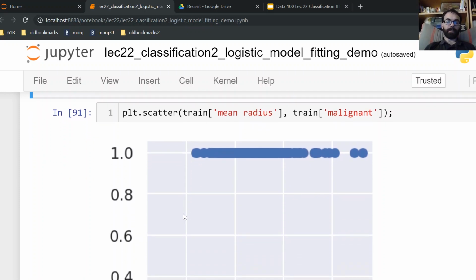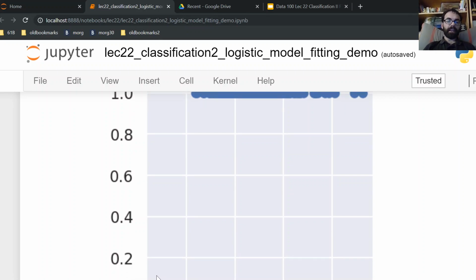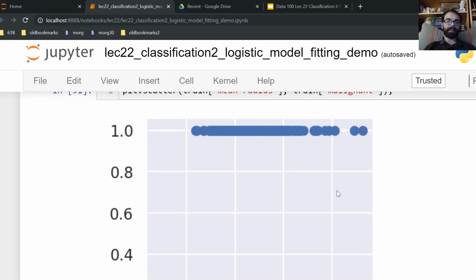Okay. So what does this tell us? Well, I didn't label my axes here again because this isn't really a data science lifecycle lecture so much as a technical demo. But here we see that if your radius is small, then, well, you're not malignant. If your radius is big, you are almost certainly malignant. And in the middle, well, the radius is not enough to determine for sure, but it maybe gives us some